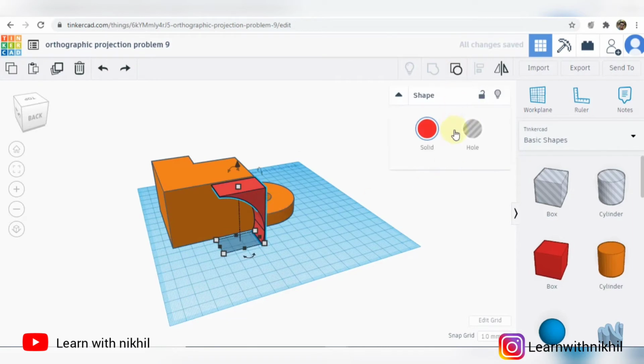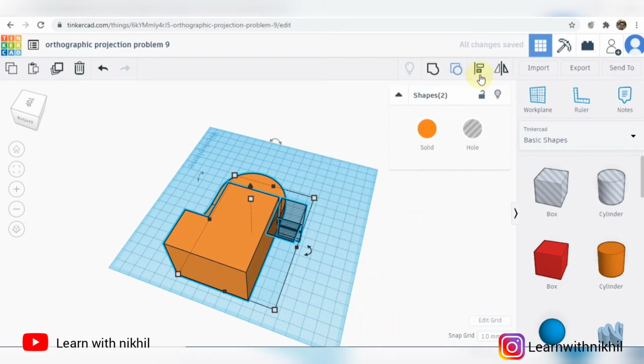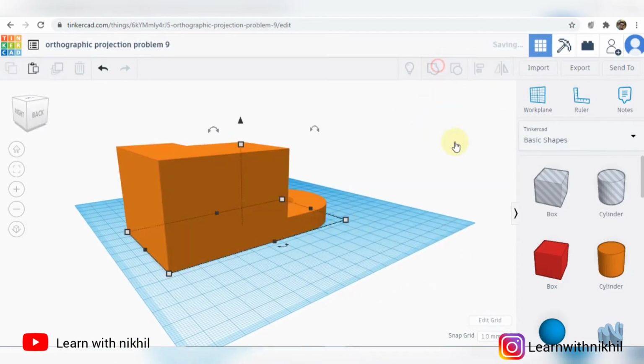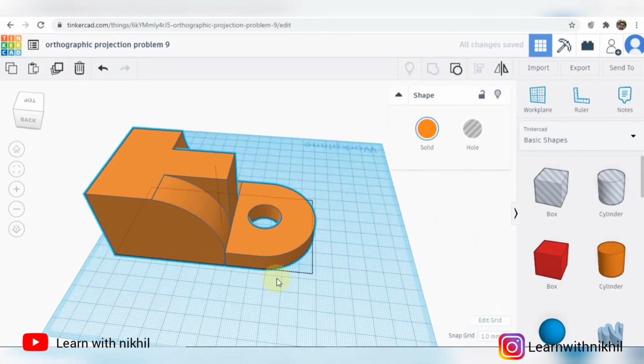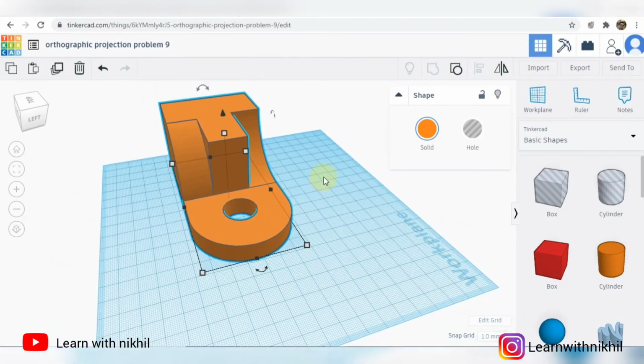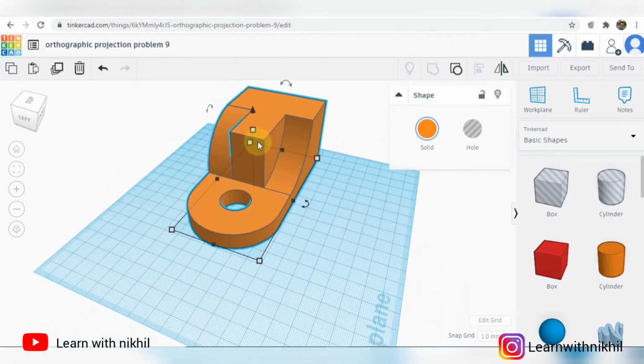First converting this into the shape of a hole. Now grouping, we'll cut this part. So finally we have got the part which we require, the arc of 38. This part has been done.